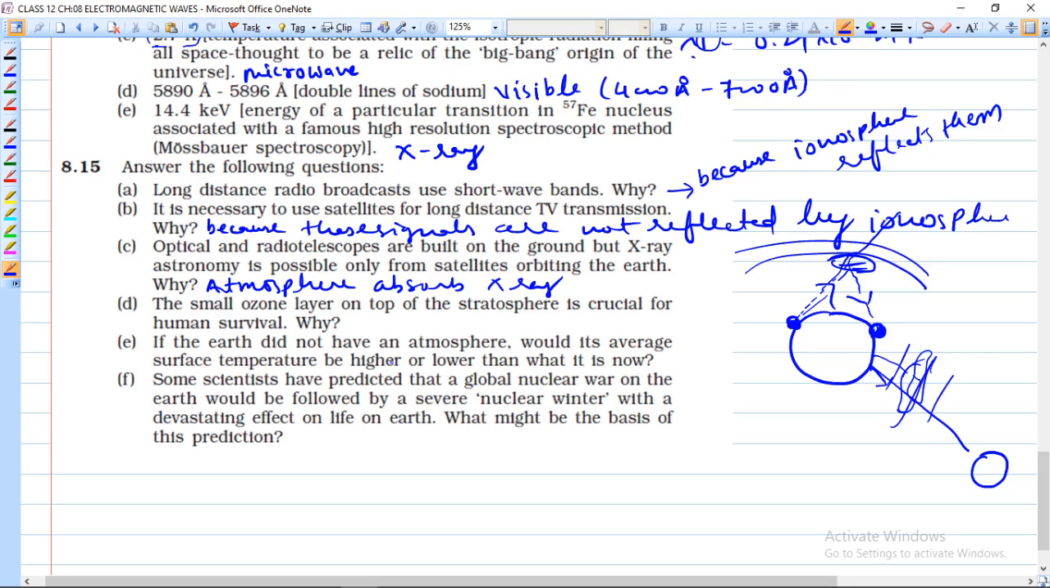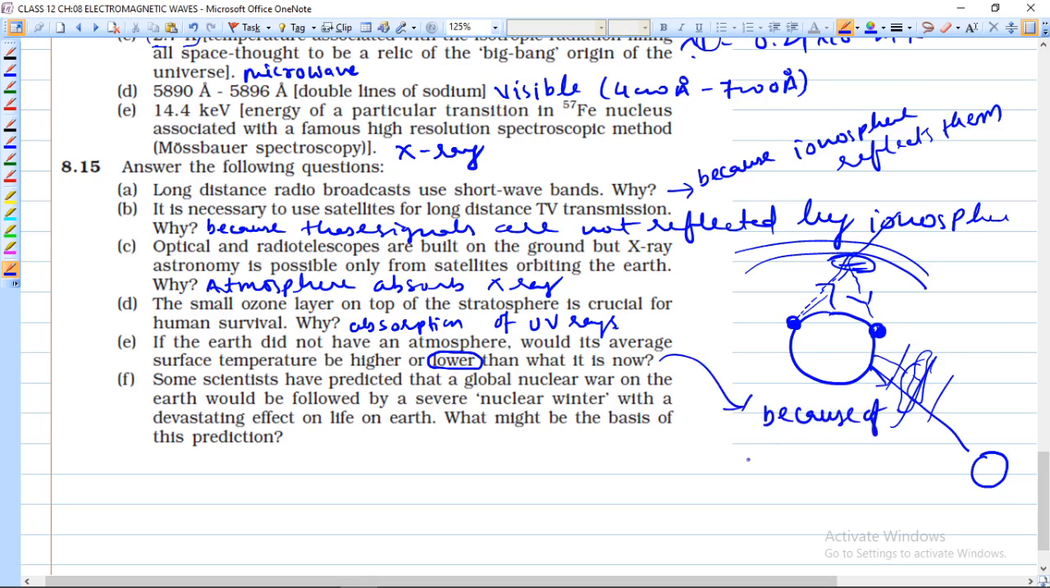द स्मॉल ओजोन लेयर ऑन टॉप ऑफ द स्ट्रेटोस्फियर इज क्रूशियल फॉर ह्यूमन सर्वाइवल। व्हाई? बच्चों आपको सबको पता है एब्जॉर्प्शन ऑफ यूवी रेज। अगर वो एब्जॉर्ब नहीं करती तो क्या होता, हम नहीं होते। इफ द अर्थ डिड नॉट हैव एटमॉस्फेयर would its average surface temperature be higher or lower than what it is now? Lower. क्यों? क्योंकि ग्रीन हाउस इफेक्ट एब्सेंट होता,